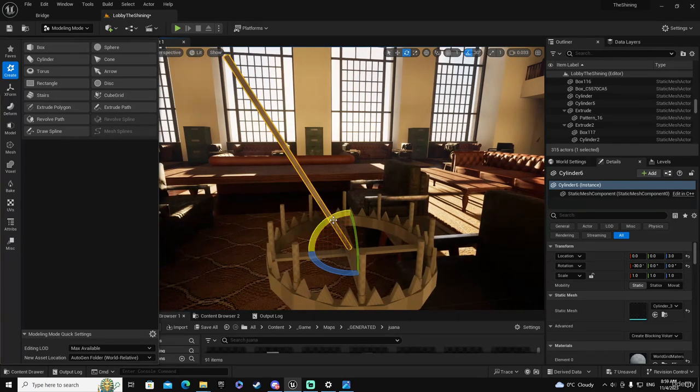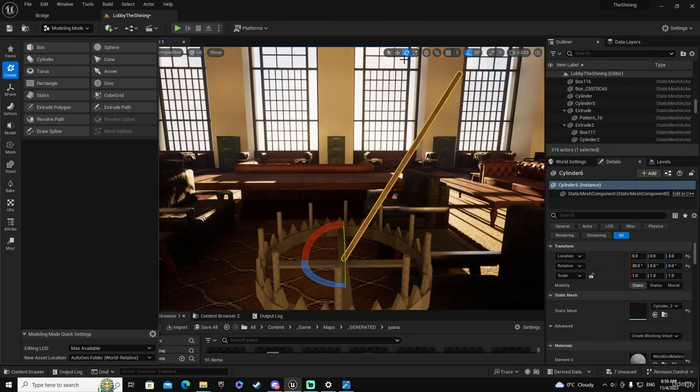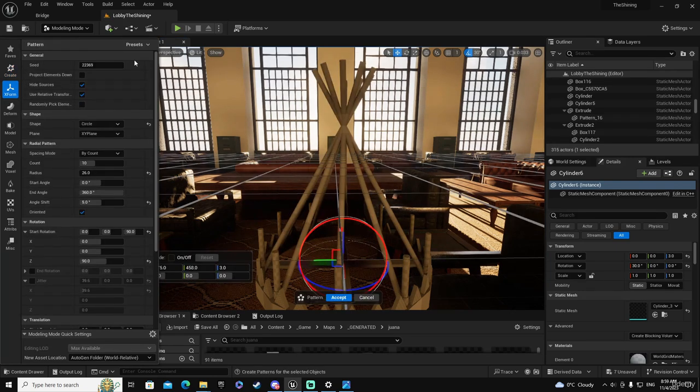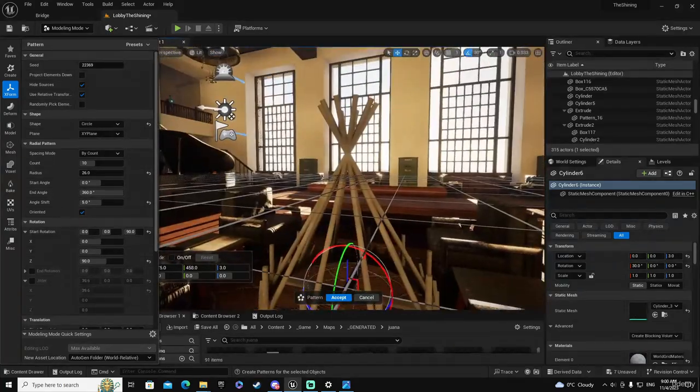Well, it is in fact minus 30. Let me see if I can do it to the other side. Yeah, 60. Fantastic. Now that I have this, it is the moment to create the pattern. So I'm going to create a pattern. Of course, as you can see here, there are too many, and I don't want this to happen. So what I will do is,